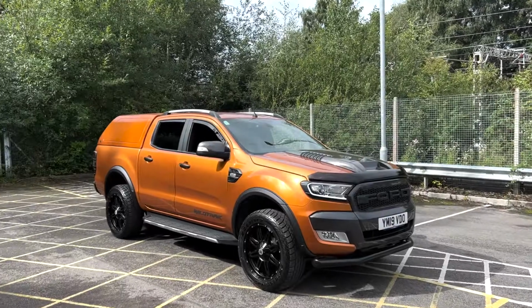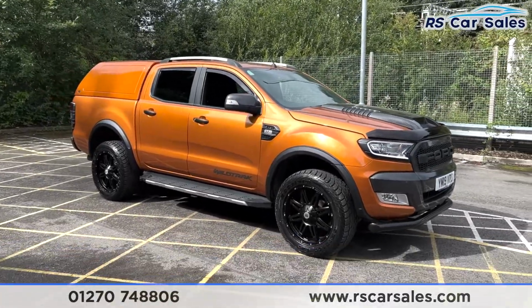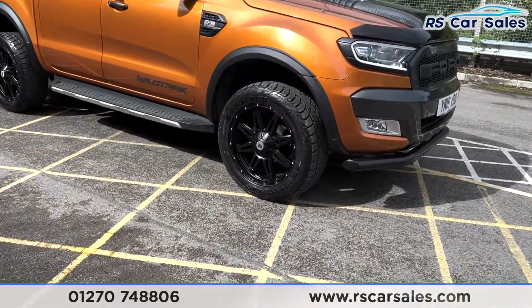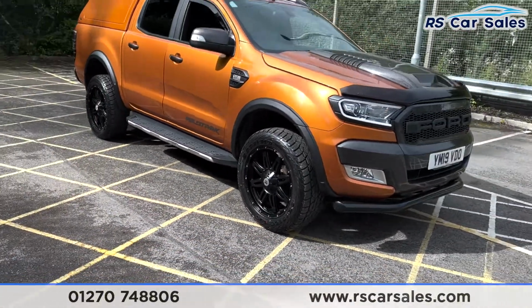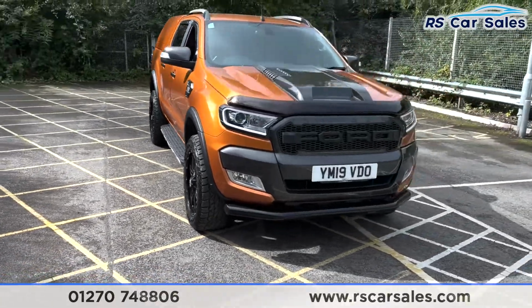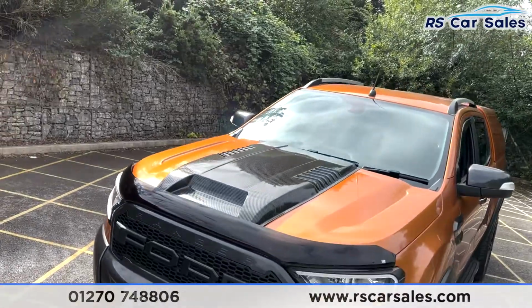Here we have a 2019 19 plate Ford Ranger WILDTRAK 3.2. Now with this vehicle you get 4 superb unscratched unmarked Riviera alloy wheels in 20-inch. Now they're all wrapped in all-terrain off-road tyres. We have the lower bash bar, the Raptor style front grille, we also have the bonnet bar, and also you